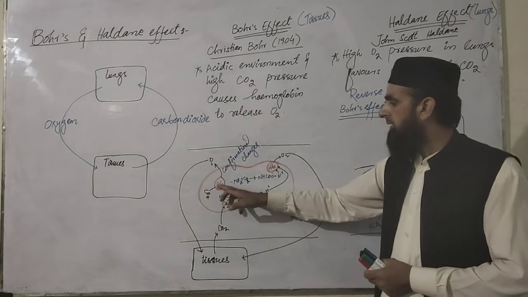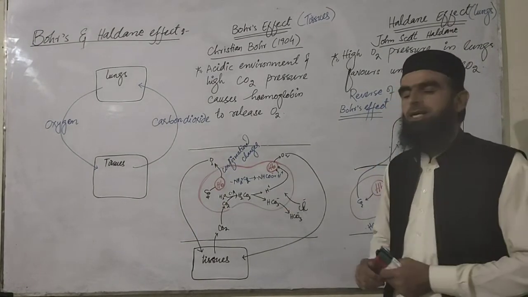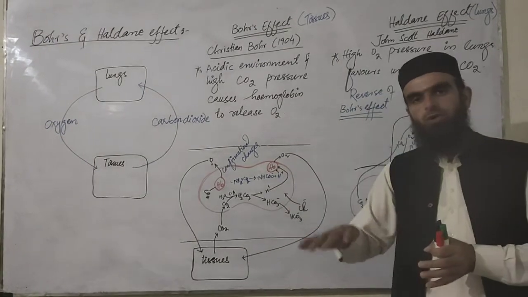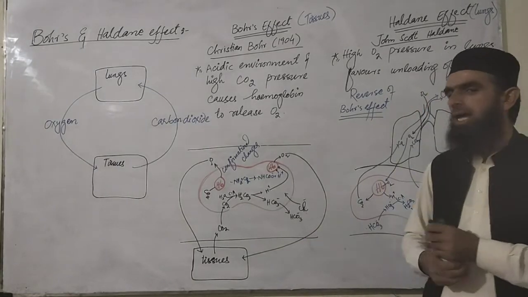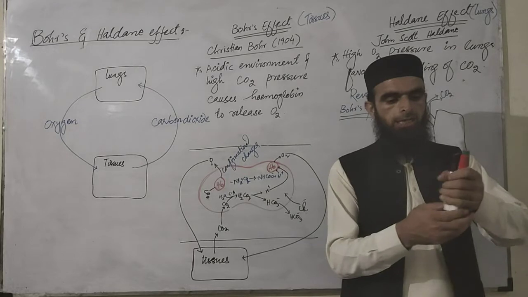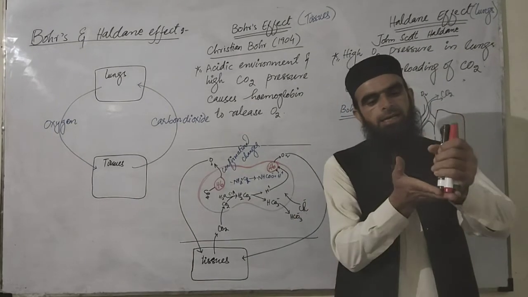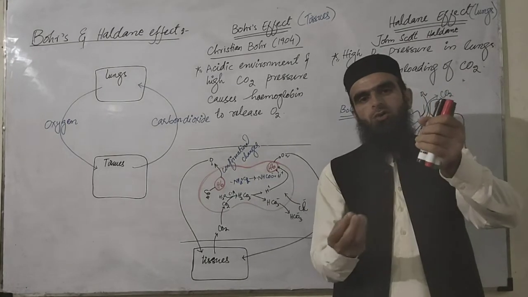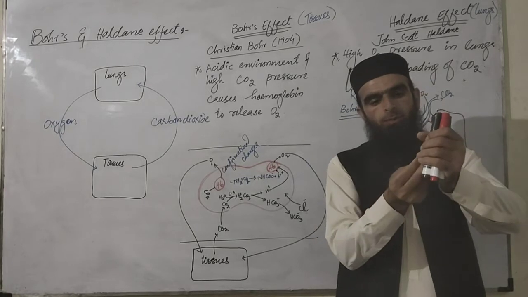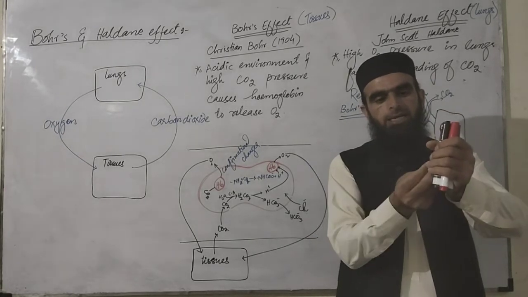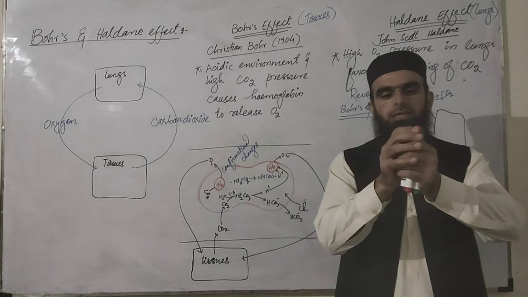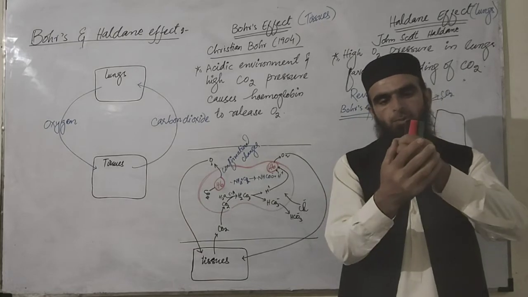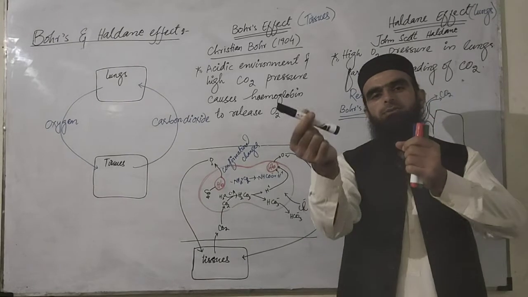So as a result of the addition of carbon dioxide or attachment of the protons to the hemoglobin, it causes the hemoglobin to unload oxygen. I gave an example in the previous topic that, for example, this is hemoglobin and it contains 4 oxygen atoms. So whenever another molecule, group of atoms, or an ion or an atom wants to enter, what happens? It disturbs the conformation of the hemoglobin. It brings a conformational change in the hemoglobin, because of which one of the oxygens is removed.